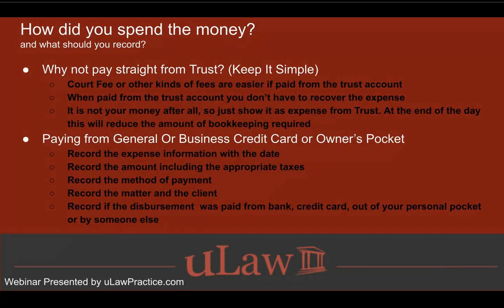Now, coming to the thing of paying from general, not everybody has a trust account. Not everybody gets a retainer. And not everybody might have to deal with any kind of fee. They might have a printing charge. They might want to show travel and mileage. They might want to show a simple consultancy expense or some third-party expense or prepayment that was made at their end to be shown as a disbursement. There's several other types of disbursement that one may incur.